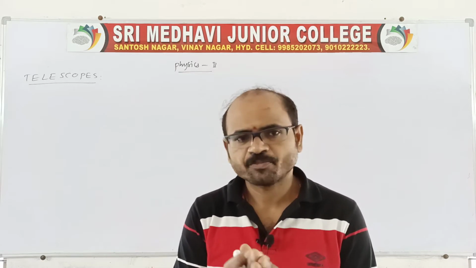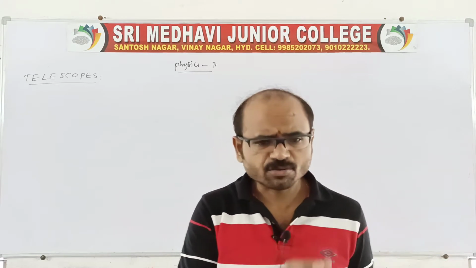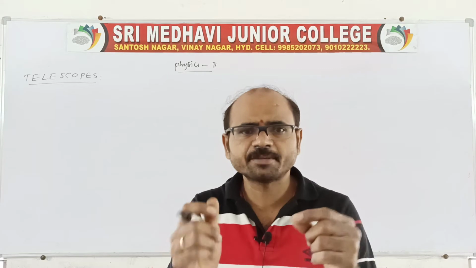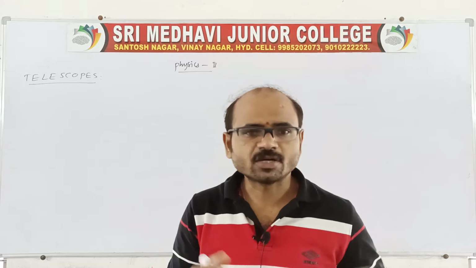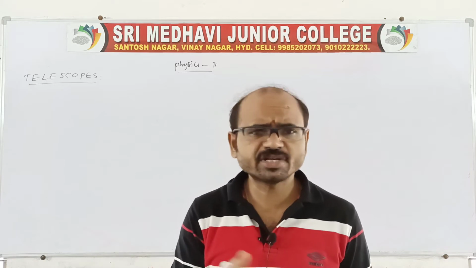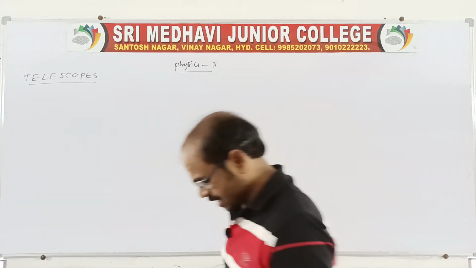So to increase the visual angle, in the microscope and also in the case of a telescope, we are increasing the visual angle. Visual angle means seeing a clear image with an optical instrument, because some objects we cannot see with the normal eye as they are very small or at very long distances. For that we use optical instruments, which assist the eye. The microscope is finished.